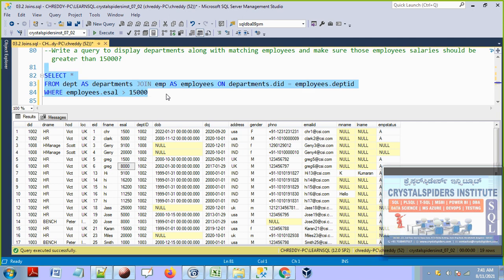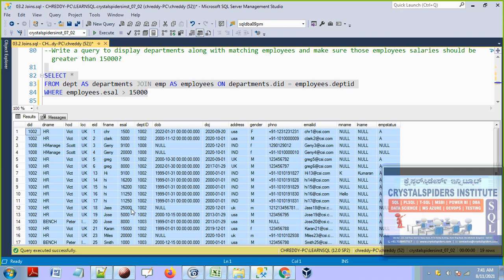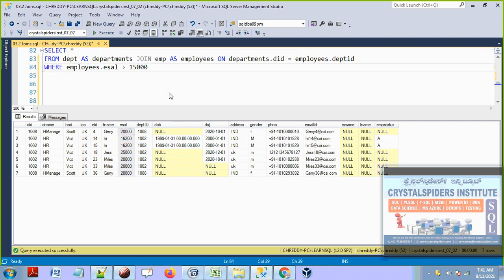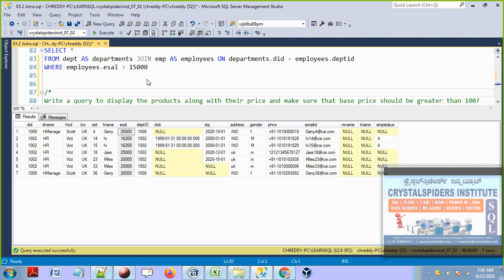It will not display all these records, it will display only the records whose salary is greater than 15,000. See that now, only these employees are displayed. Total 7 employees are displayed because all these people's salaries are greater than 15,000. Okay, this is fine. Let's continue understanding the requirements, and we'll do some more practice here.